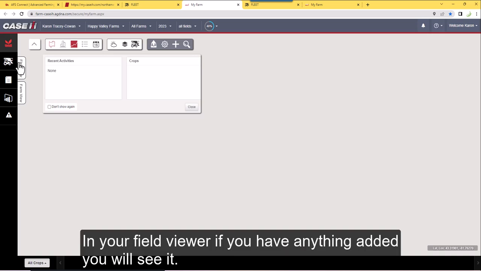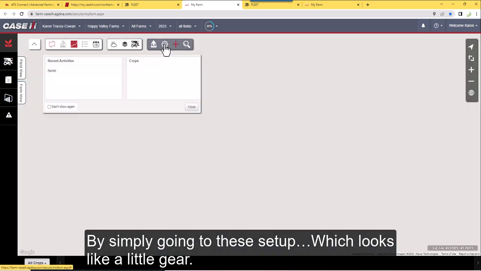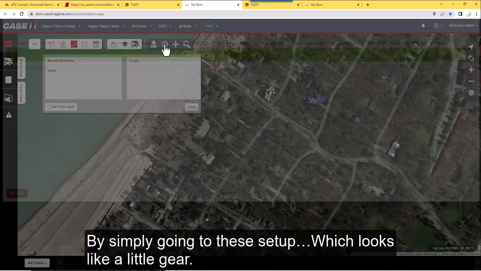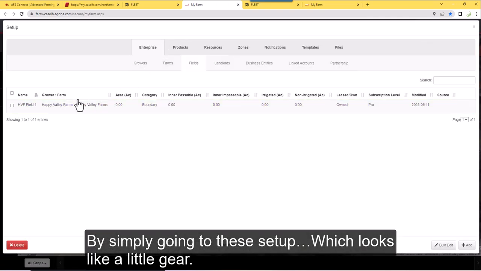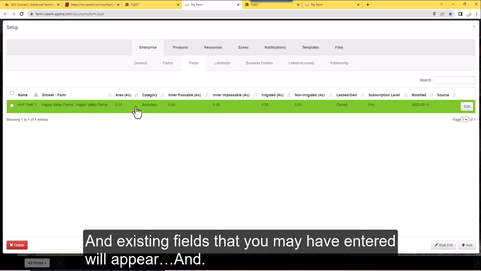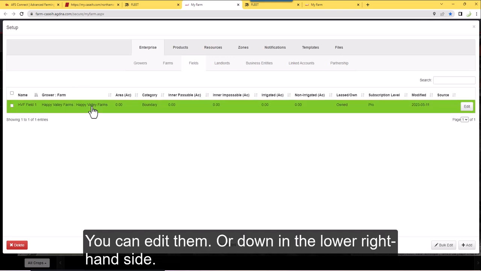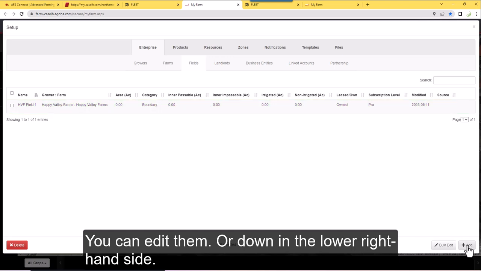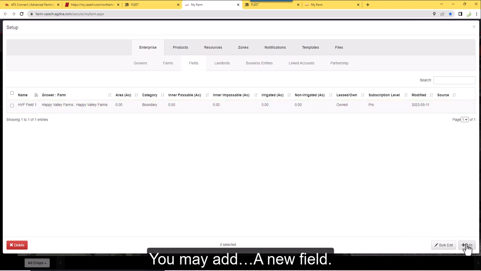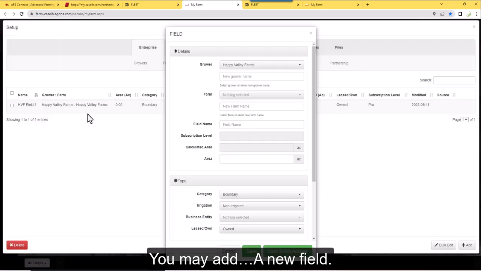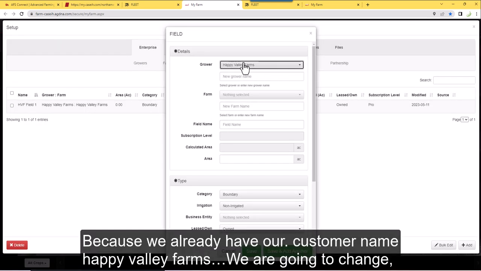In your field viewer, if you have anything added, you will see it by simply going to the Setup, which looks like a little gear, and existing fields that you may have entered will appear, and you can edit them, or down in the lower right hand side you may add a new field. Because we already have our customer name, Happy Valley Farms, we are going to choose that grower